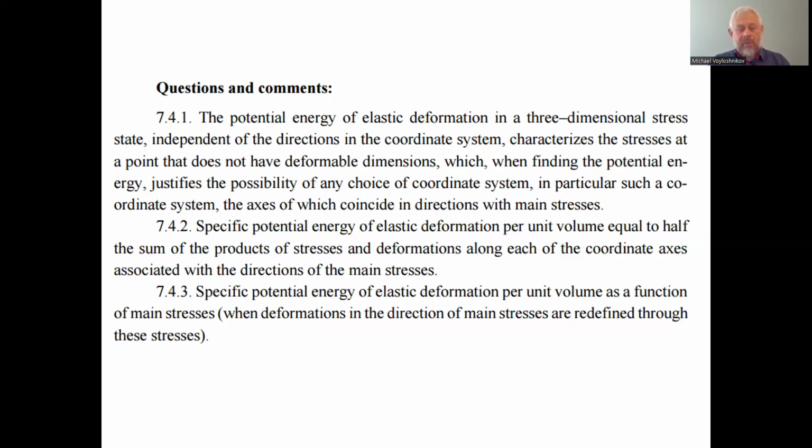7.4.2 Specific potential energy of elastic deformation per unit volume, equal to half the sum of the products of stresses and deformations along each of the coordinate axes associated with the directions of the main stresses. The potential energy is equal to half of the sum of products, because it's equal to half of each summand in the total sum of the products. They are equal to half of the product because of the linearity of the dependence of stresses on strains within the concept of the linear elasticity of the